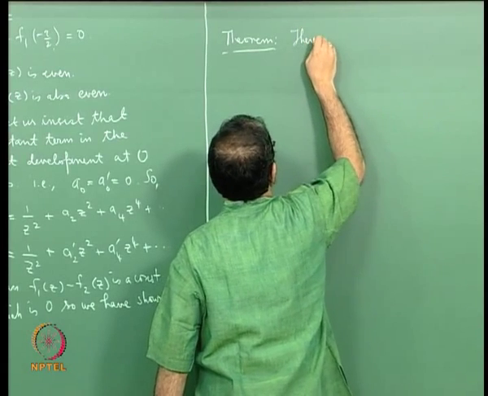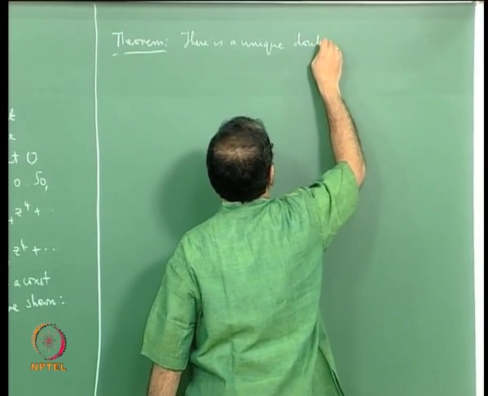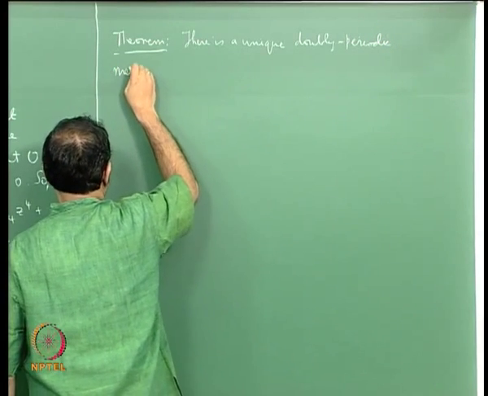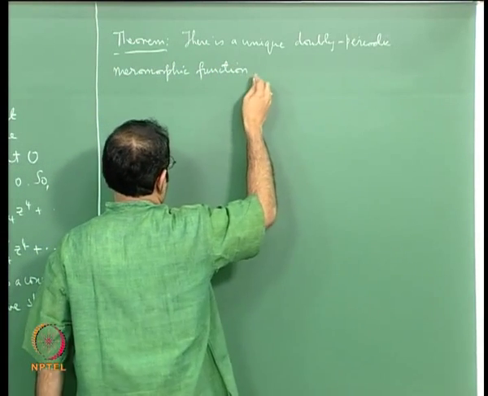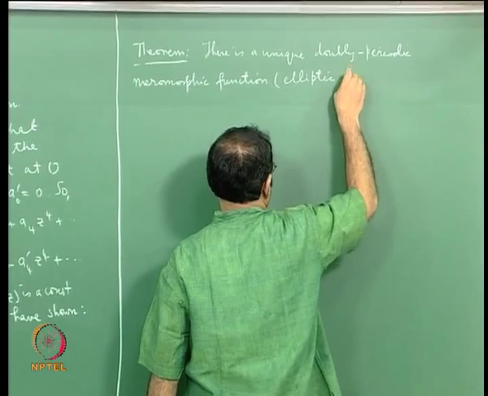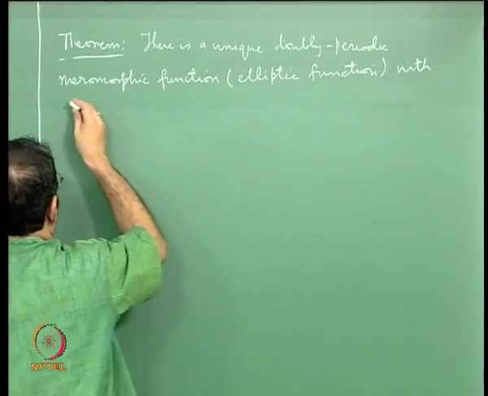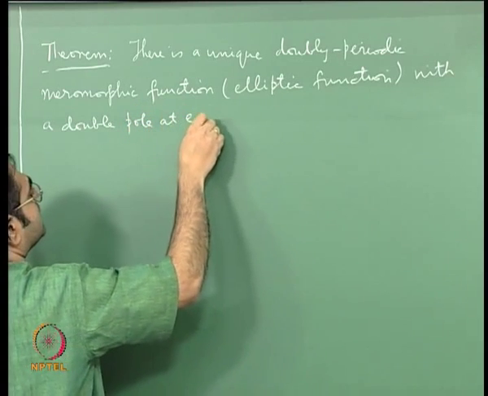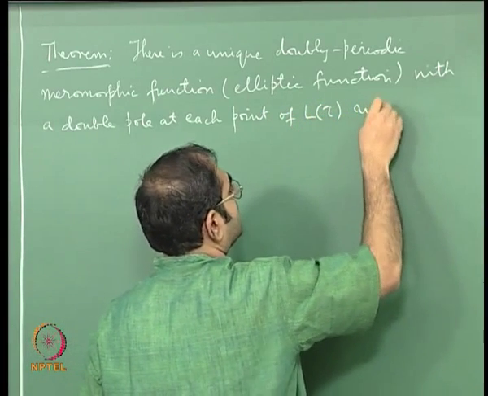There is a unique doubly periodic meromorphic function, elliptic function, with a double pole at each point of L of tau and nowhere else,